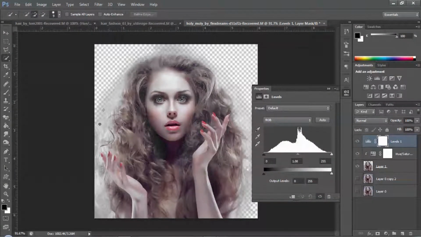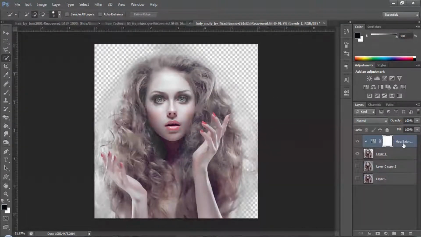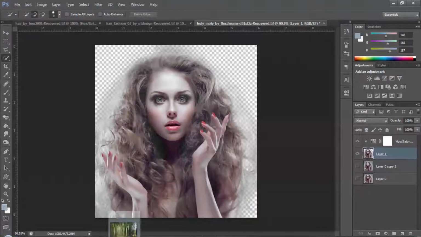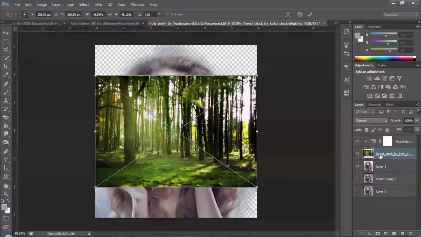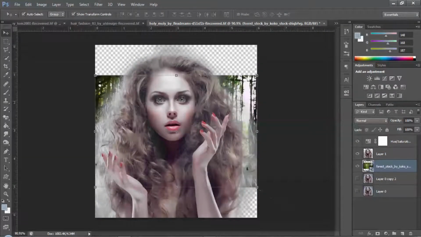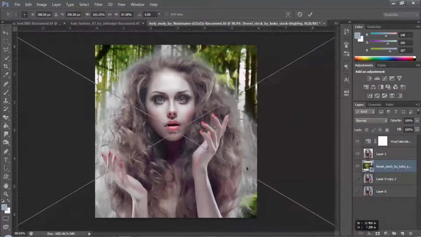Now if you find it's very dark, you can play with an adjustment layer. So adjustment layer, or you can play with the curves to match colors, or you can play with the levels. Let's check with the levels. Okay, like that, or you can play with levels. It hasn't been getting adjusted with the levels. So okay, and now I'll use the background layer and just drag it down below, like that.